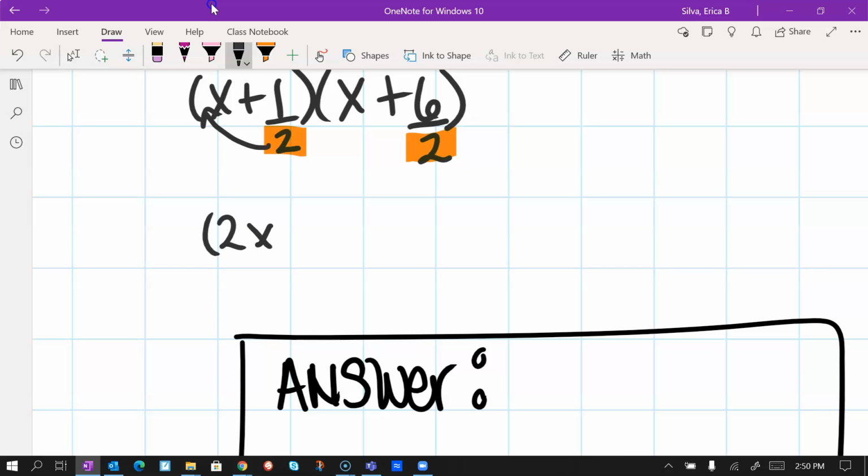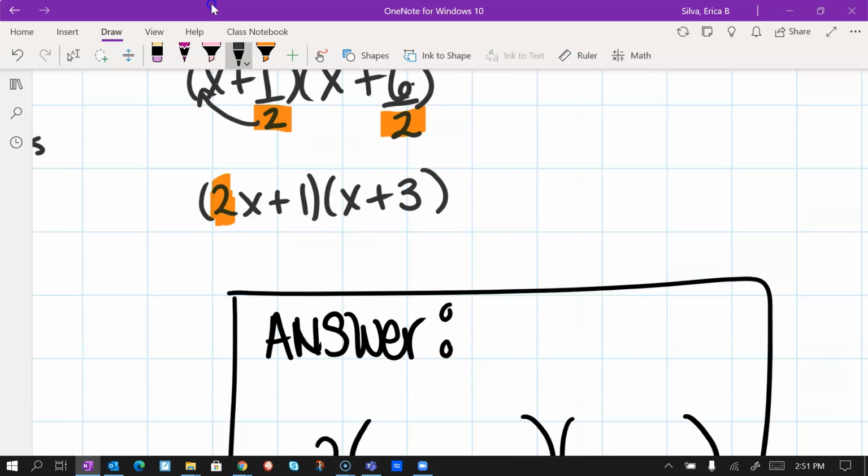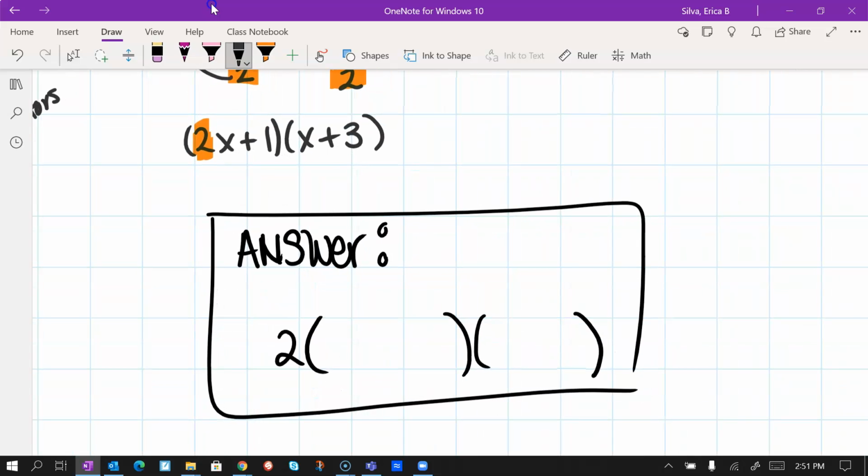So now we have 2x plus 1. 6 divided by 2 is 3, so we just write it like that. And now we're just going to write it in our answer spaces. You see how easy it is to forget your GCF? I had already forgotten about it. And this one, we've got x plus